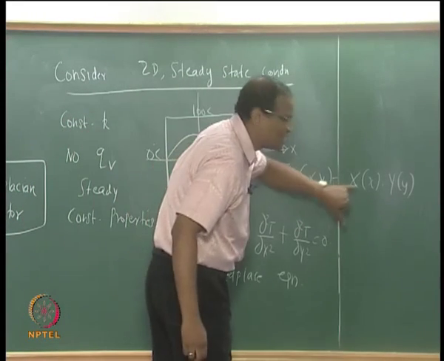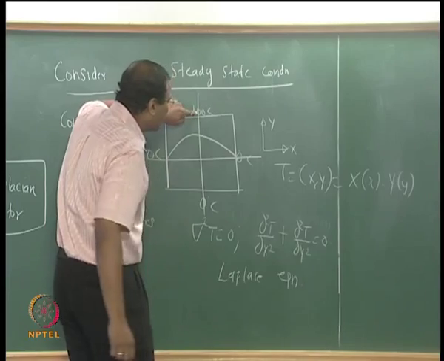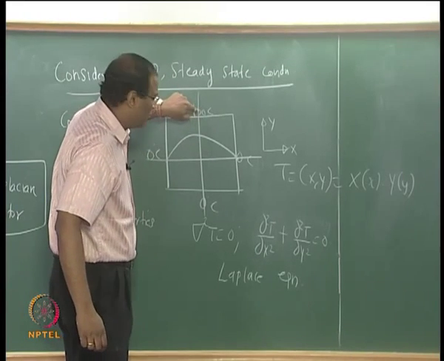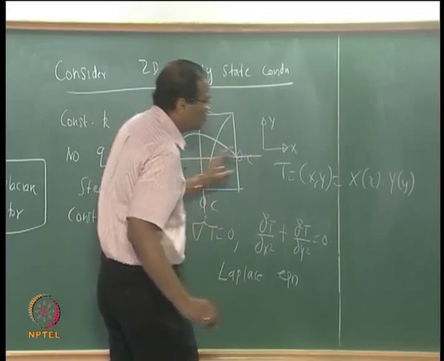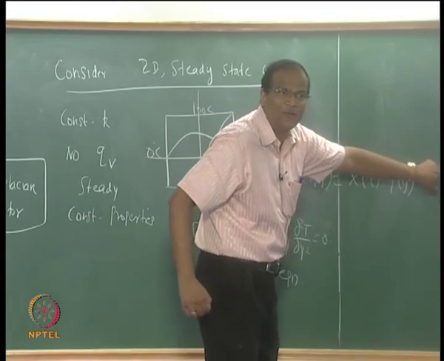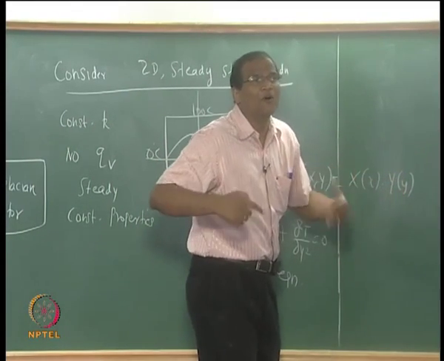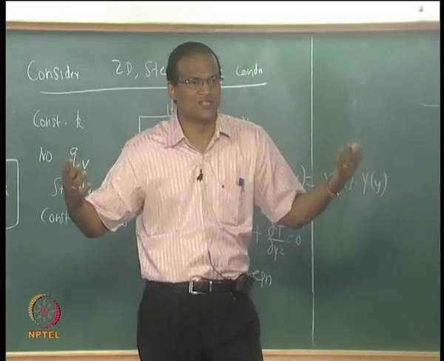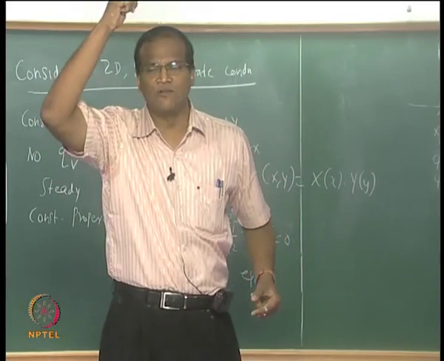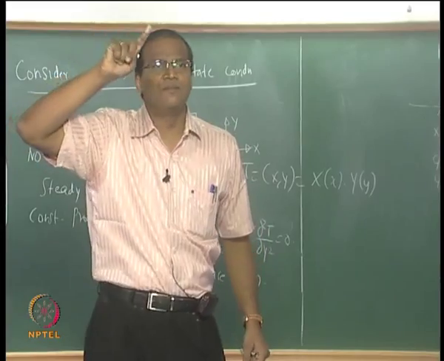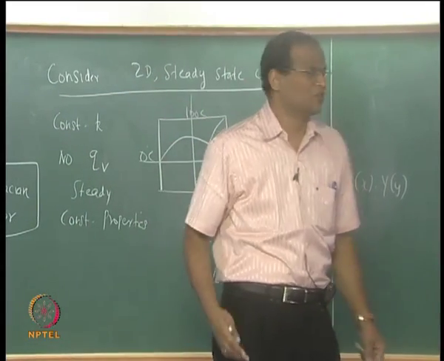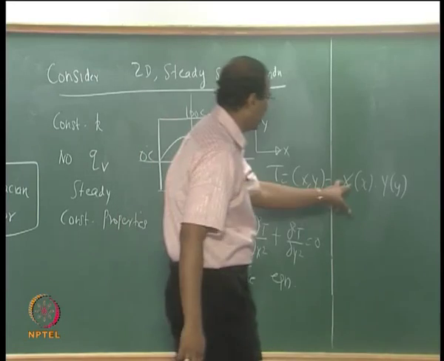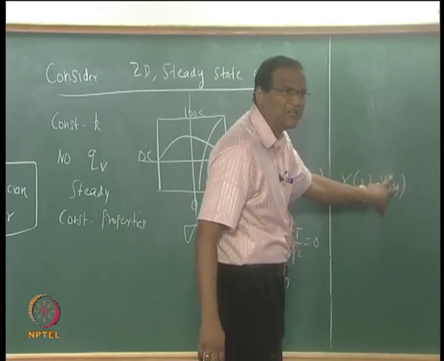So you can choose a sine form for x, whereas the temperature is decreasing monotonically from 100 degrees to 0 degrees along y. So the temperature will go like this. You will have e to the power of minus, which is also similar to sinh ml and cosh ml. This is what you got in your fin equation also. The fin temperature distribution, the exponential, is very similar to a hyperbolic function. So you get a composite function where one is sinusoidal and one is exponential if you combine.